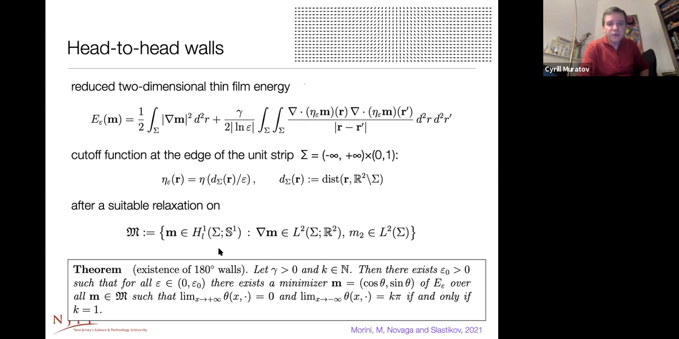We define an appropriate function class in which we can prove existence of minimizers of this problem, with the following properties. There is a parameter epsilon which corresponds to the film thickness. As this parameter goes to 0, this minimization problem admits a minimizer in which theta goes to 0 at plus infinity and to k pi at minus infinity if and only if k is 1. So if epsilon is sufficiently small, the magnetization exhibits a turn by 180 degrees